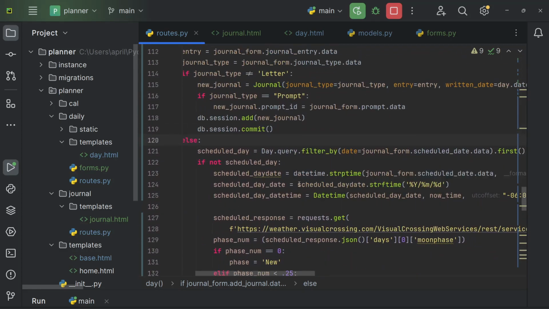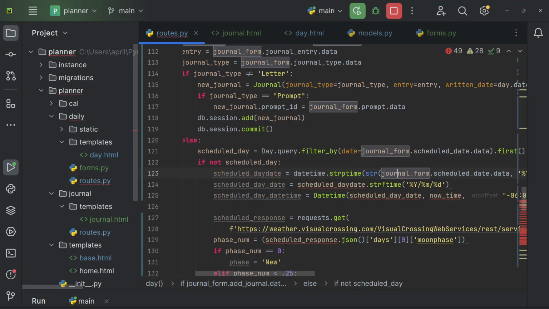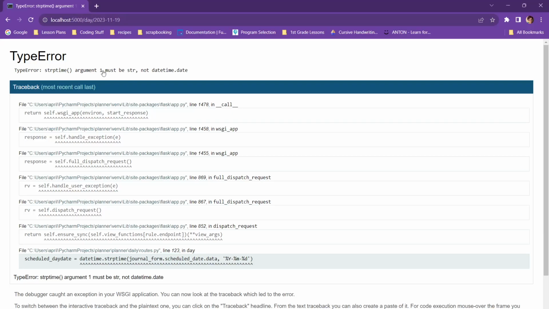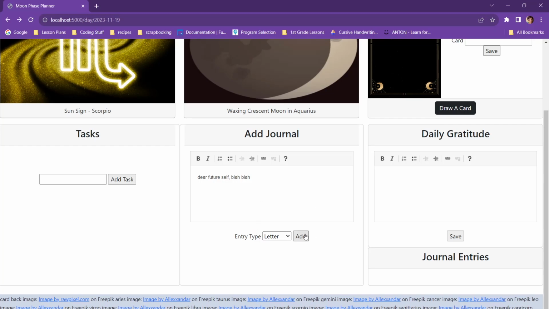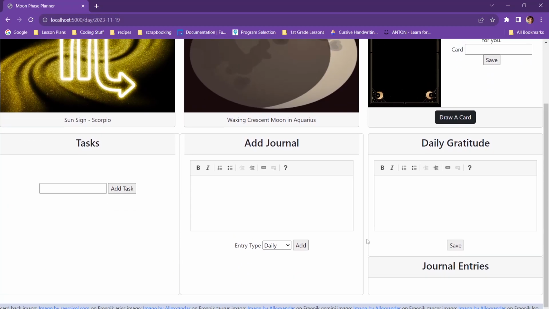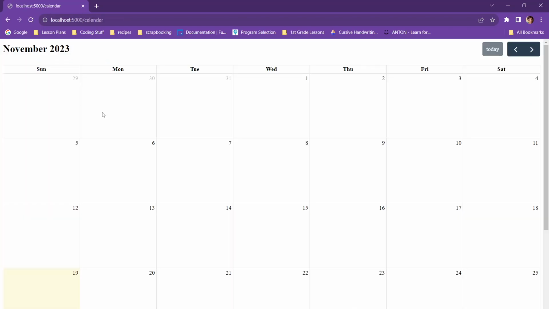That's up here. All right, let's see if I can turn it into a string like this. I'm not sure if I can, but let's try it. So we'll go back. We'll try that again. That appears to have worked. So now if I go to the 20th,